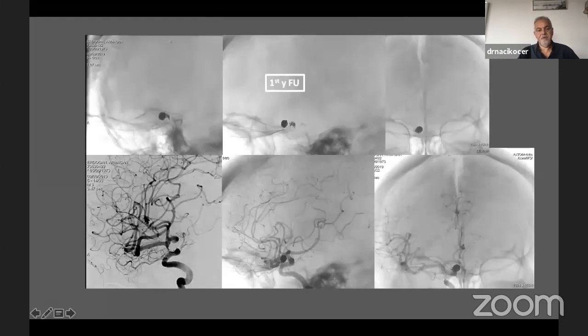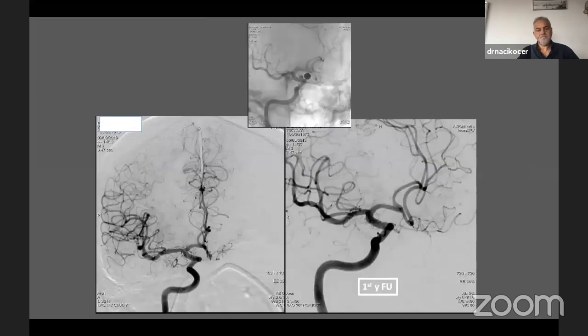This is a year follow-up. The patient now is driving her car, is in good shape. Actually, she came to me in Glasgow Coma Scale 7 in the second rupture. So this is a year follow-up. Look at how nice the reconstruction of that diseased portion is. This is a very critical and deadly